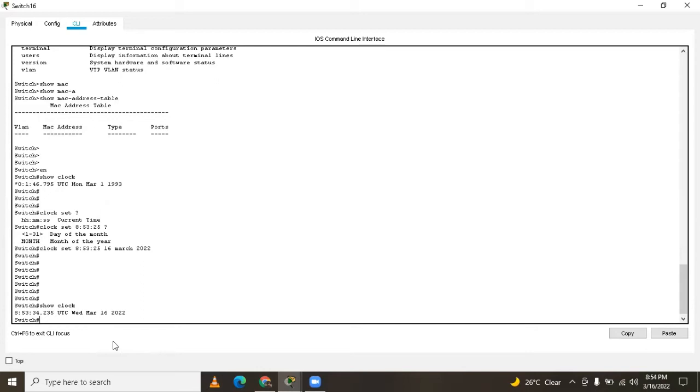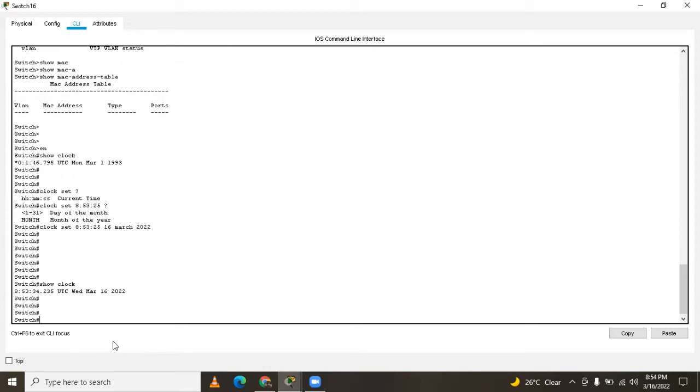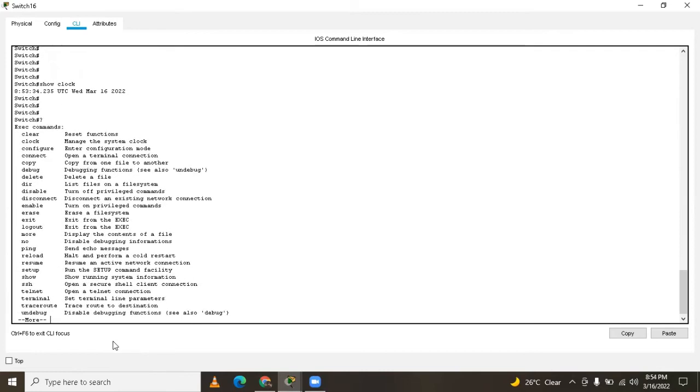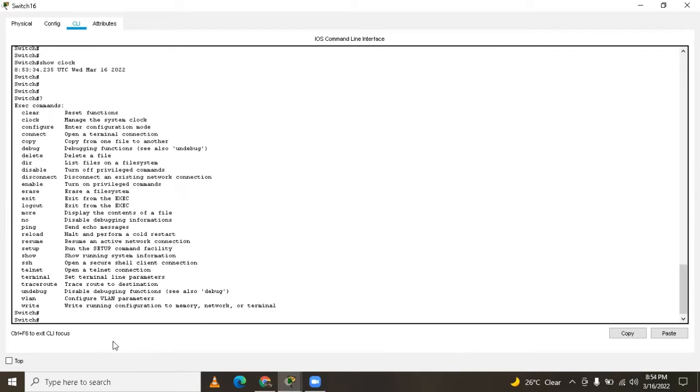Now we want to change the name of our switch here. We say that we want to change our name from switch to SWT, like the short form of switch. We check if we can change the name from this level. No, we cannot change the host name from this level. In order to change the host name, we are going to